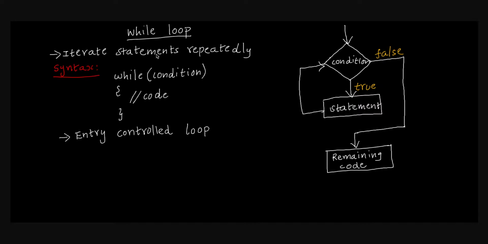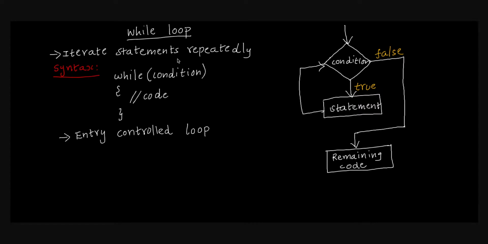For the for loop, if the iteration count is fixed before executing this, then we can use the for loop. Whereas in while loop, if we don't know the number of iterations before, then we can use the while loop. So while loop can also be said to be an entry control loop.